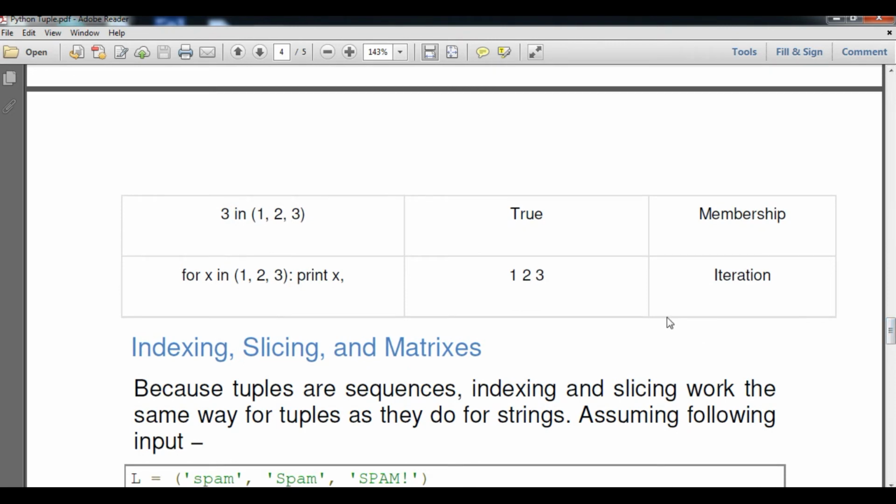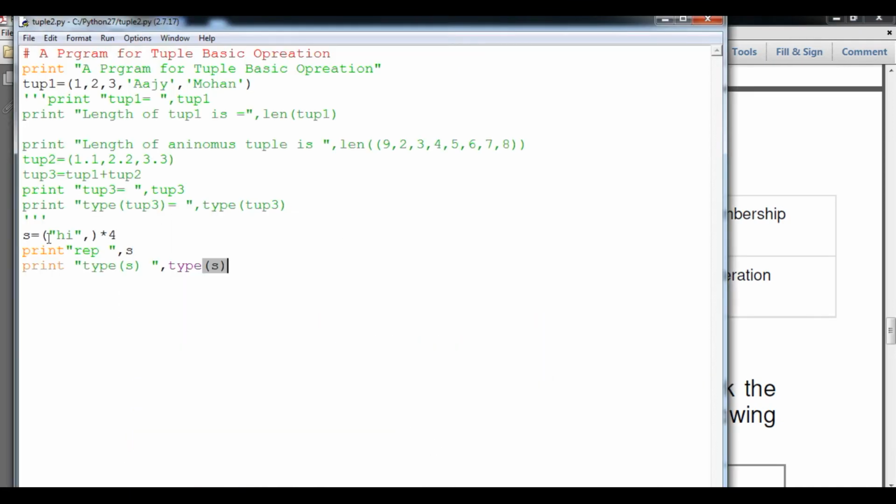Now the membership operator. The membership operator will tell you whether the element that you are going to search for is in that list, I mean tuple, or not. If it is, then it will show you true, otherwise it will show you false. So we are doing the same. I will just comment this out, because I don't want this code to be part of this particular program.